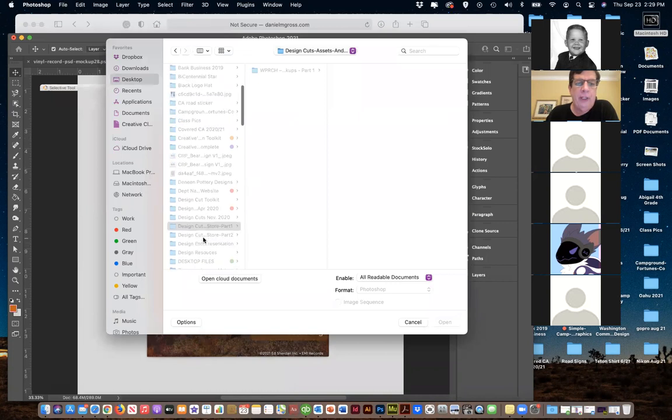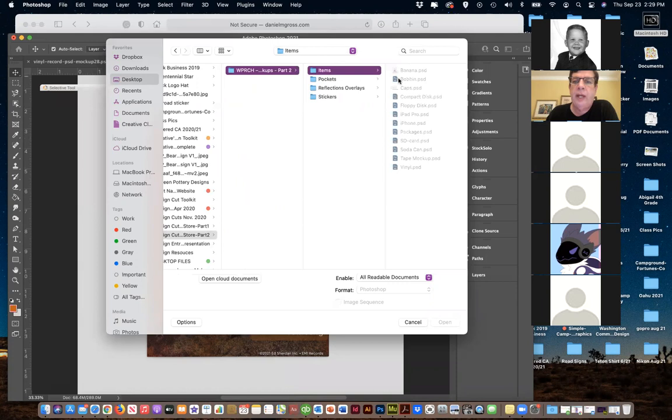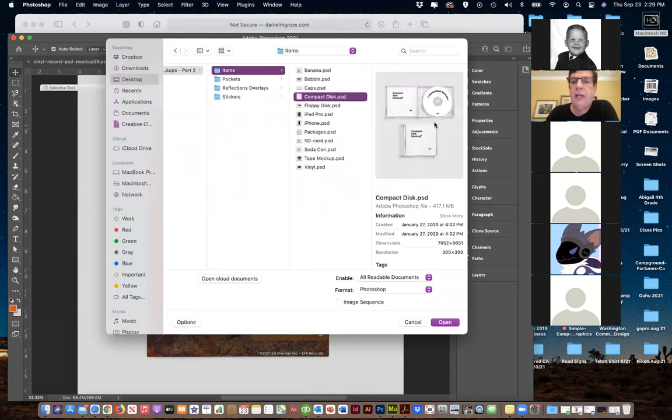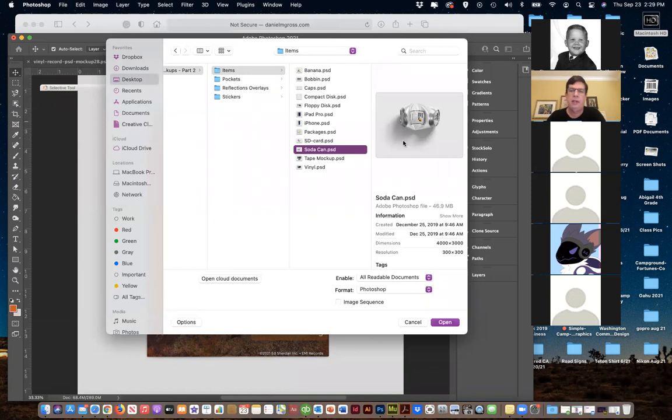So mockups are really cool. And this is a little bit extreme, but we do it all the time for, here's a compact disc, just like we're doing with the record. Floppy disk, like they exist anymore. A soda can. I don't know if this one's going to work because it's that 3D stuff. It's kind of getting weird. A car, SD card,